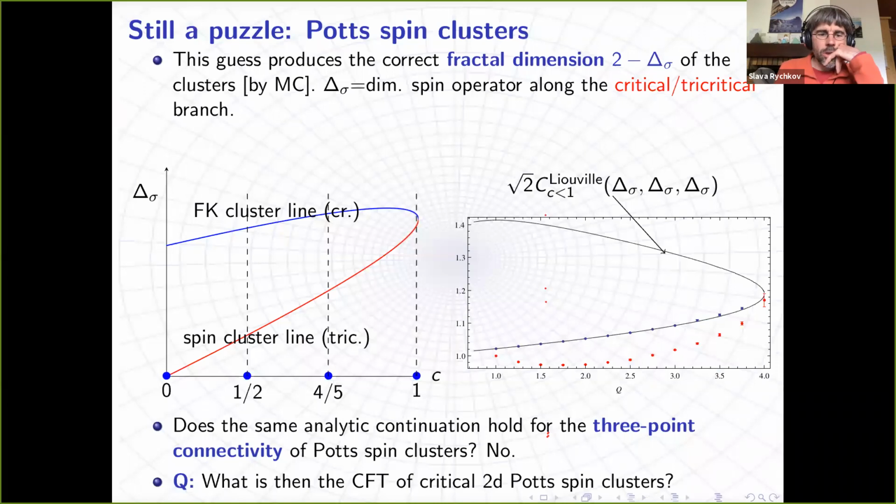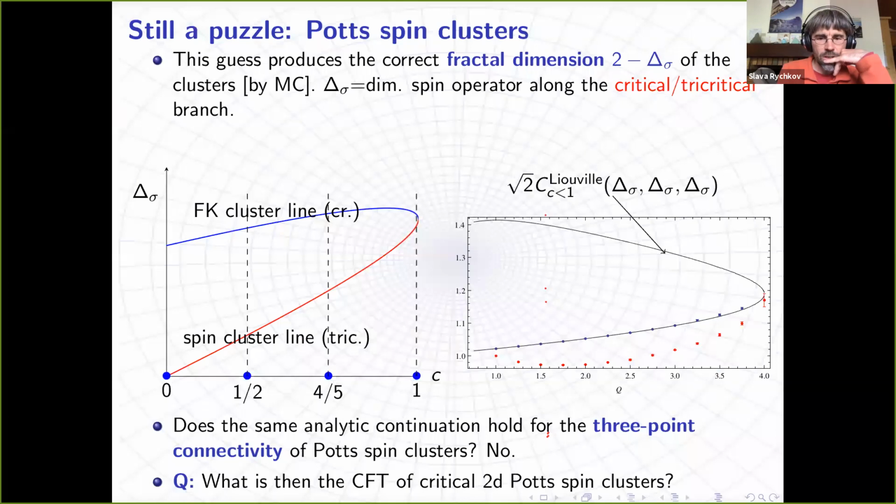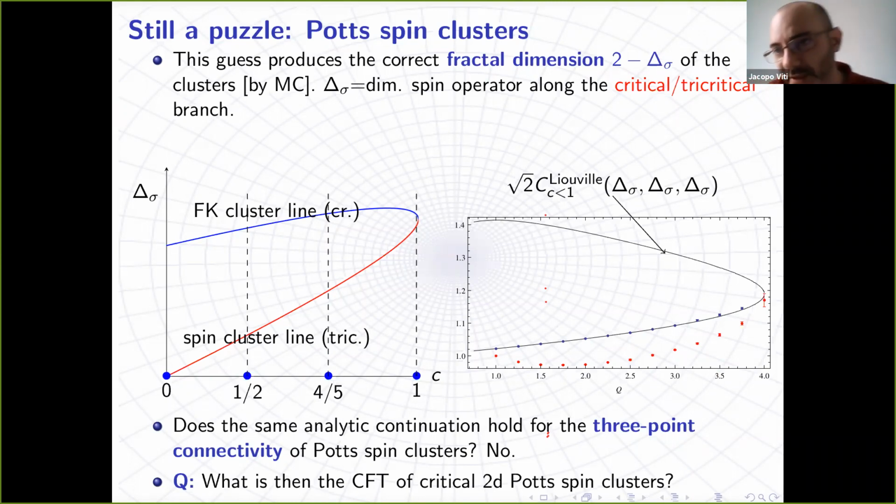Can you comment on this thing that in 3D, the two types of clusters percolate at different temperatures? Does it mean that this second type of clusters just doesn't make any sense in 3D? Or does it mean that one has to change this probability that Marco was mentioning? So in 3D, the spin cluster of Ising percolates at a temperature which is smaller than the critical temperature. And this, I think, has even been proven rigorously, probably. But it doesn't mean that they don't make sense. It just means that